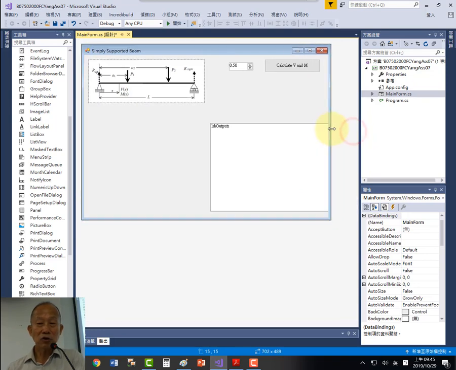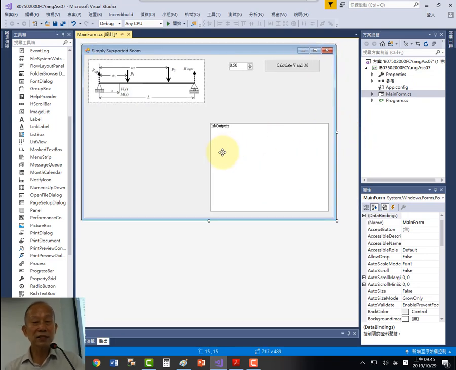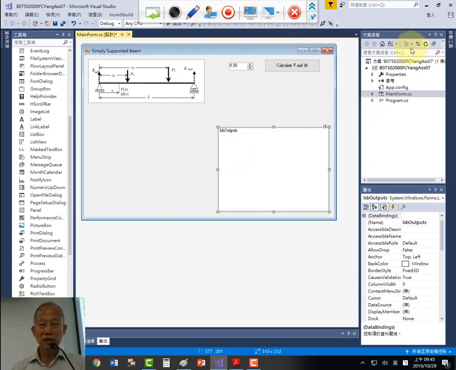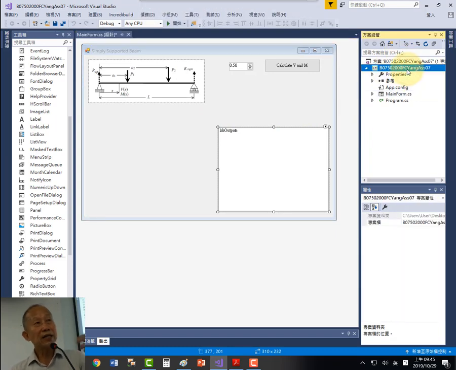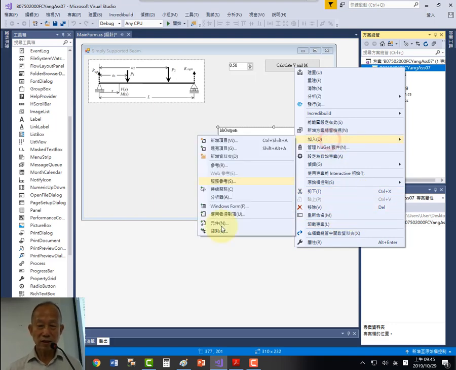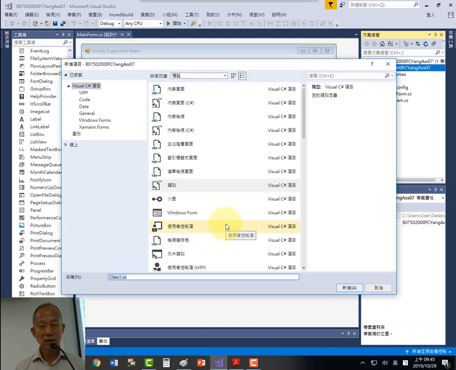And today we would also like to exercise some object-oriented design paradigm. So we start from designing a class again. Right? So click on this project. We add a class to this project. So we start building the parts for our application. So we add a class and name it with a meaningful name. I might call it